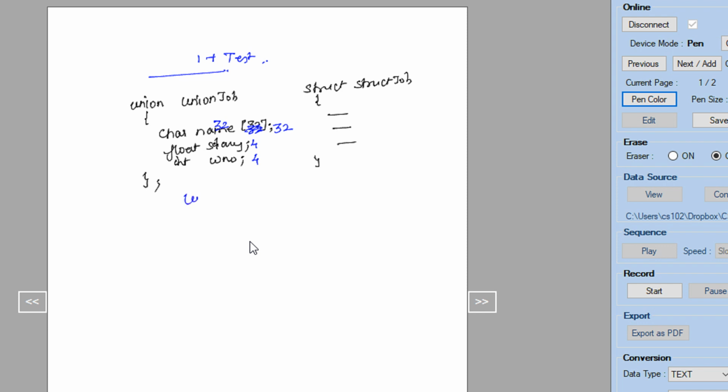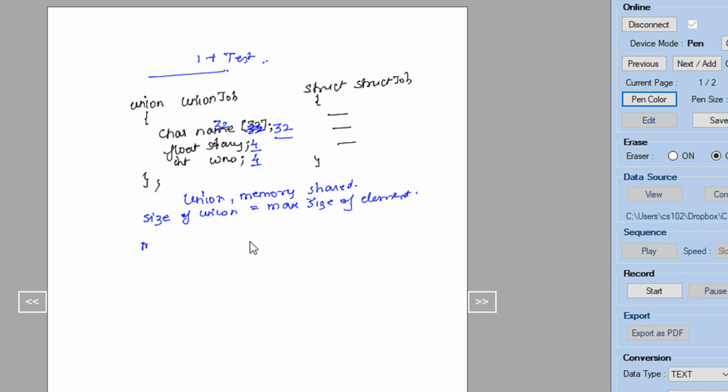So now for union case, the memory is shared. So what do I mean by memory is shared? As a simple explanation, what you remember is size of union is equal to the max size of an element. So if you can see in the union, I have 32 bytes, 4 bytes and 4 bytes.